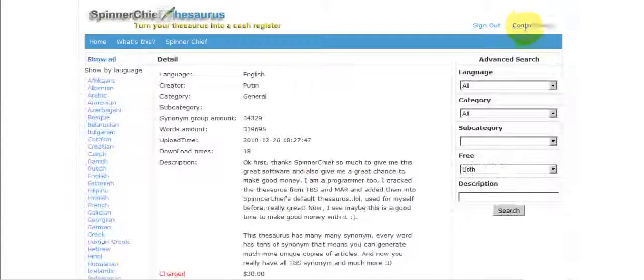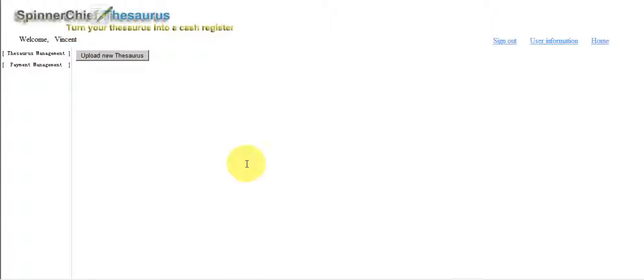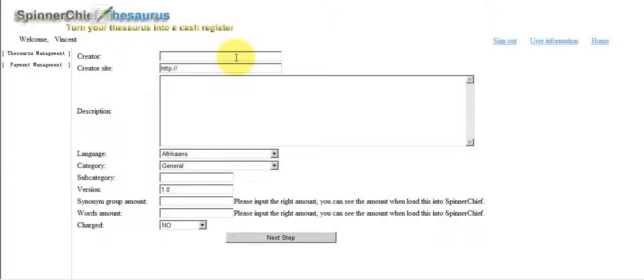So you want to go into your control panel. I'm logged in already, so this will go into my control panel. That's a very simple user interface. There's only really one button here, so let's do it. Upload a new thesaurus. And this is where you enter the details of the thesaurus. So you put the site on, if you've got one.